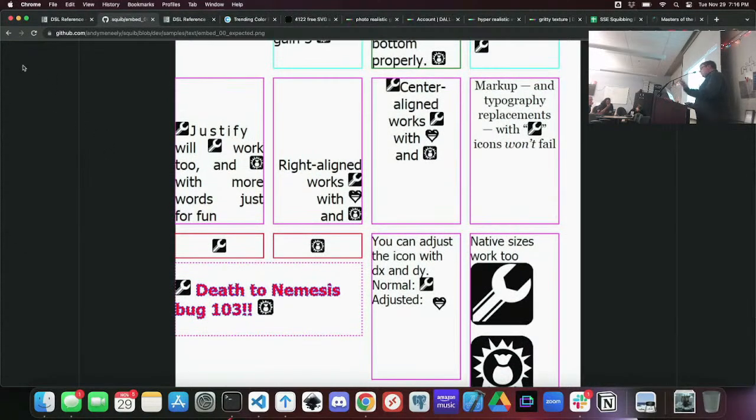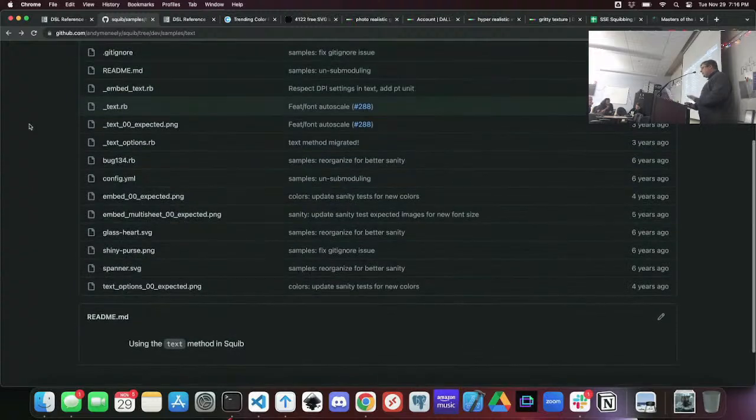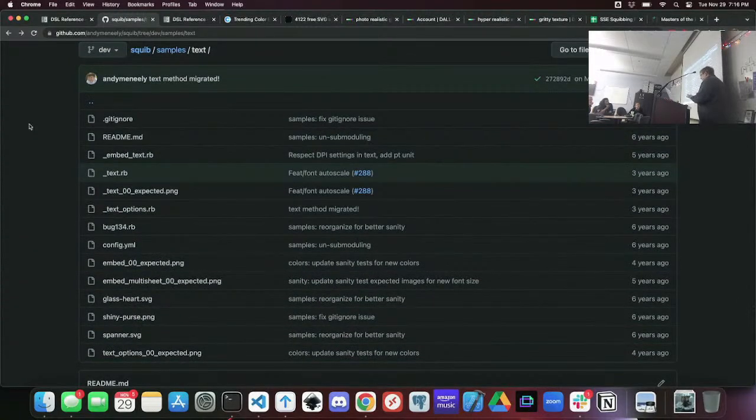So having unit tests really makes me like it. I've been doing this now for 8 years. If you've ever worked on anything for 8 years, and I doubt any of you have, you pick it up, you put it down, and then you feel guilty for not working on it, and then you pick it up again. I'm really proud of this, that I can pick it up and get things done super quickly, and I can have an idea and add it to Squib in one night. I'm that productive with Ruby, and there are enough unit tests and enough things that I know I'm not going to break anything. So I'll put it down for 6 months, and then one night